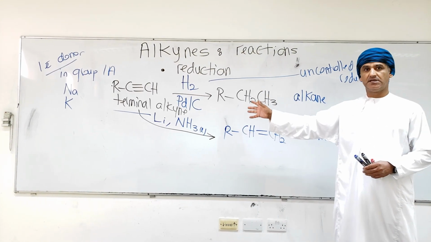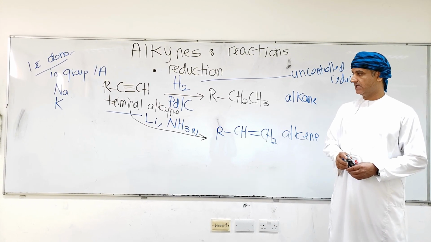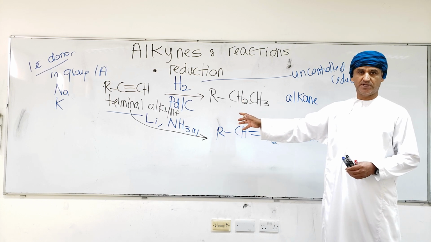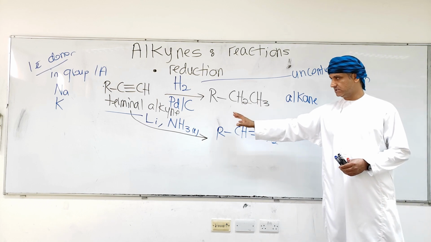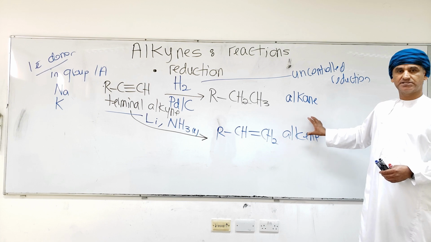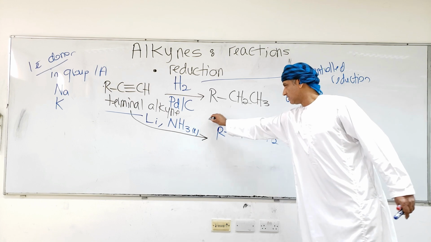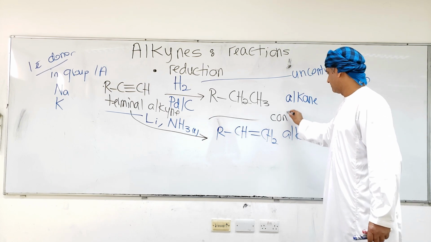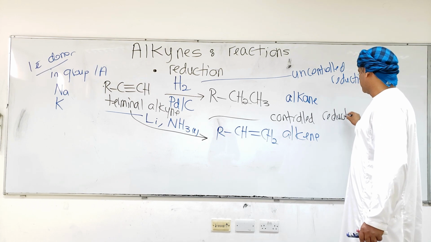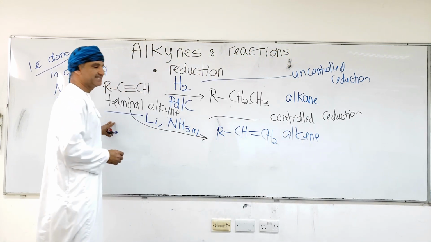This is called dissolved electron conditions, if you like. Yeah. Okay, and a group 1A metal, an alkali metal in the presence of liquid ammonia. Okay, these are the conditions. These conditions are used. The alkyne is reduced to the alkene. The reaction stops at the alkene stage. So this is controlled. This is controlled addition or controlled reduction. So this is one way to control the reduction if an alkene is desired